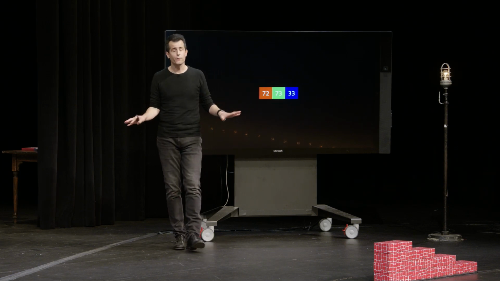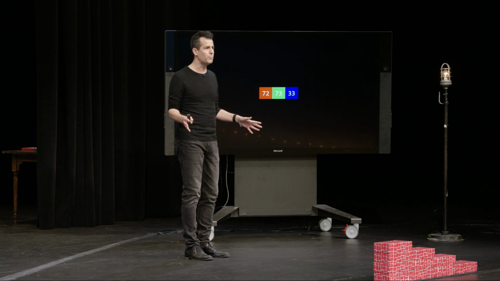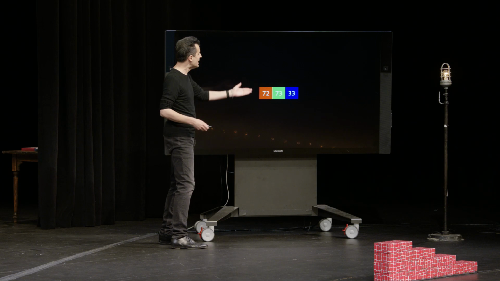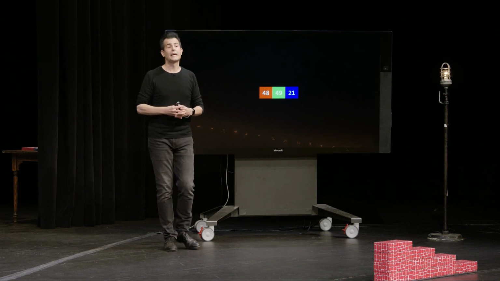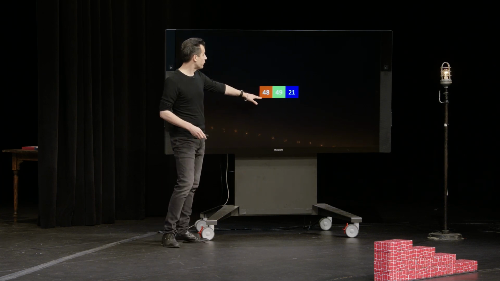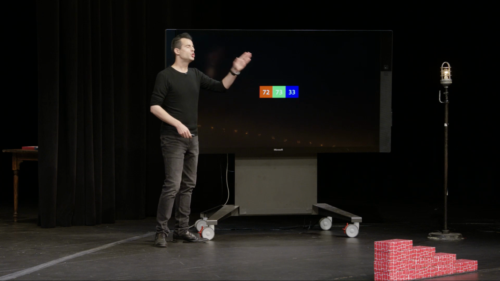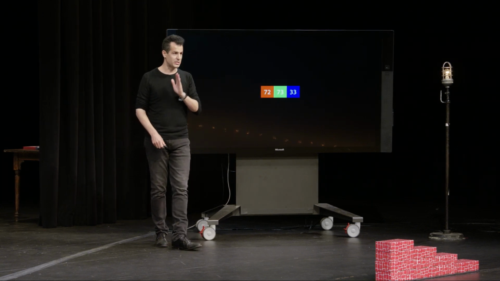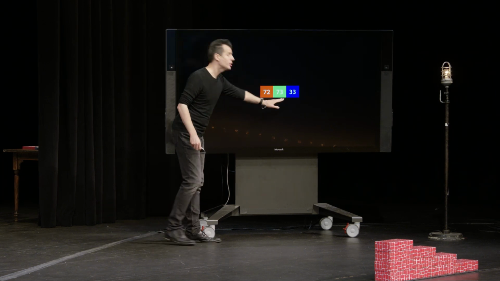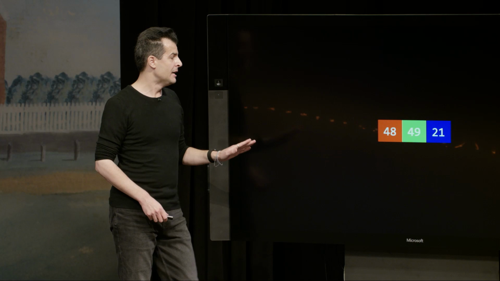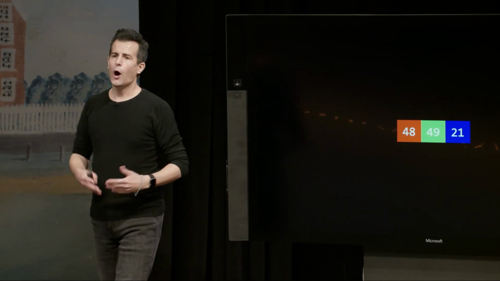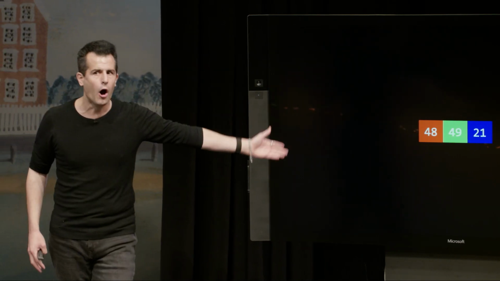And that's fine. It's perfectly fine to think and express yourself in terms of decimal, but computer scientists tend not to do it that way in the context of colors and in the context of memory. Instead, they tend to use something called hexadecimal. And hexadecimal here would actually just have you change these values from 72, 73, 33 to the equivalent hexadecimal representation. And we won't bother doing the math here, but let me just stipulate that 72, 73, 33 in decimal is the same thing as 48, 49, 21 in hexadecimal.